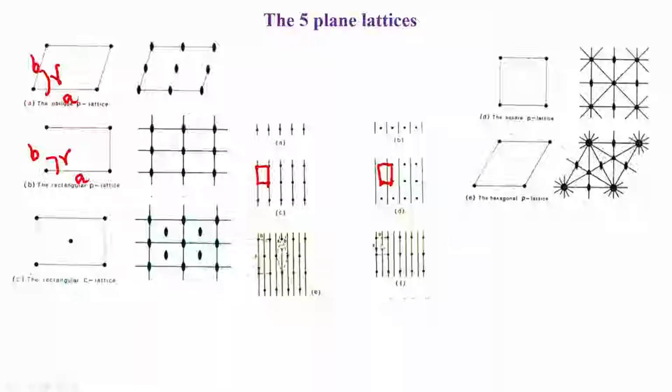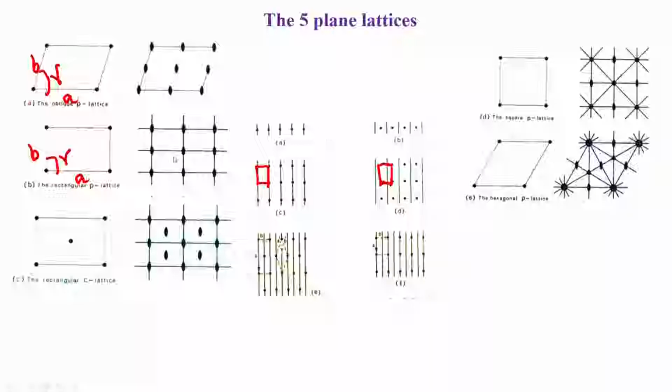On the other hand, if we just have these alternate ones, but no occupancy of the middle, this is similar to the one above here, and therefore, we will get a rectangular P lattice. So, F represents a rectangular P lattice corresponding to B. On the other hand, the E represents a rectangular C lattice where we have a centering. I think I should describe this again for the convenience of people who have a difficulty in understanding this.